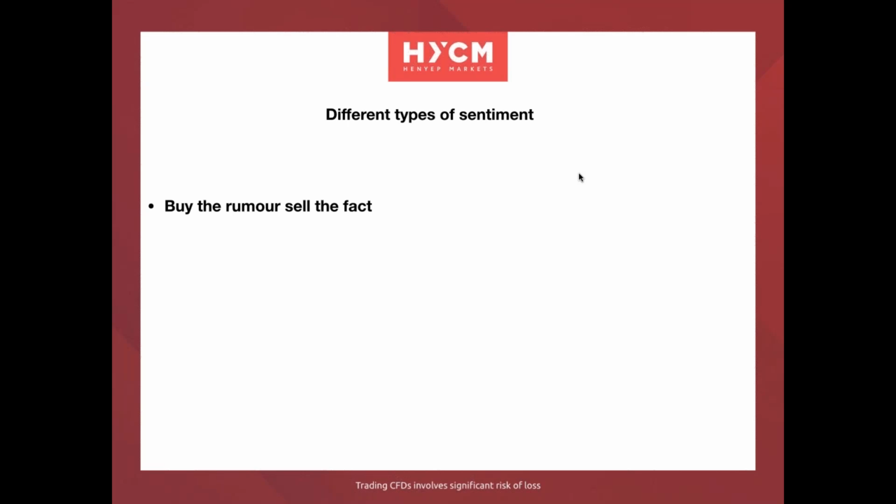So if you think about it, all the people who've been expecting the Canadian dollar to appreciate with the increase in interest rates, they've got their positions in, and what they'll finally do is take profit as soon as the rate statement is released. They take their profit on the spike, and then price decides what it's going to do. This is a kind of buy the rumor, sell the fact scenario. It's a very, very common sentiment.